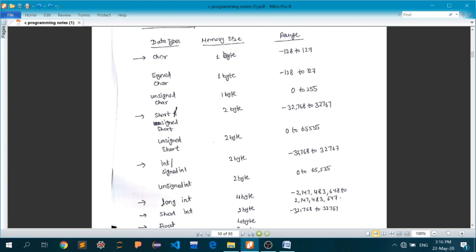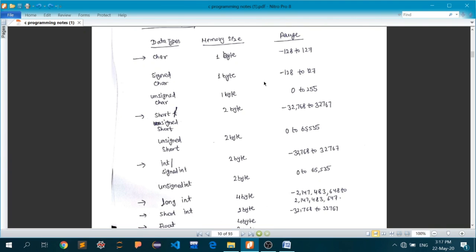Memory size for character, signed character, and unsigned character is 1 byte, 1 byte, 1 byte. That means every time you declare and initialize a variable of type character, the compiler will assign only 1 byte of memory for that particular variable.